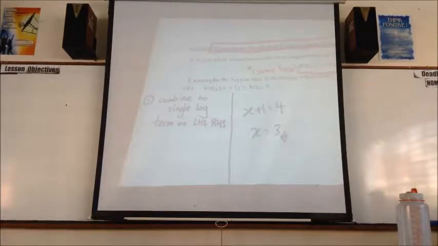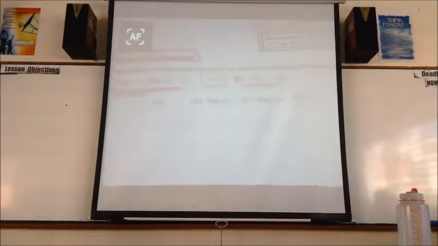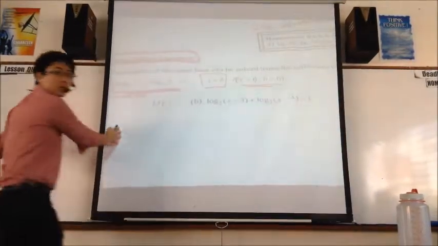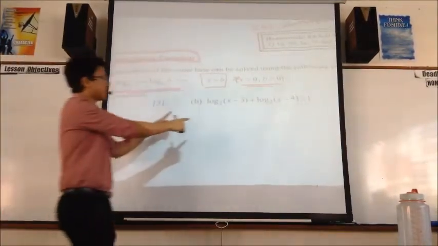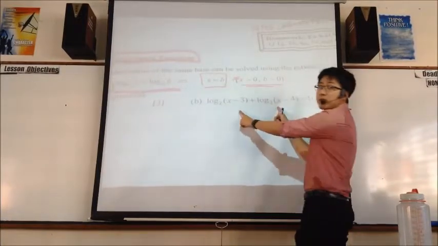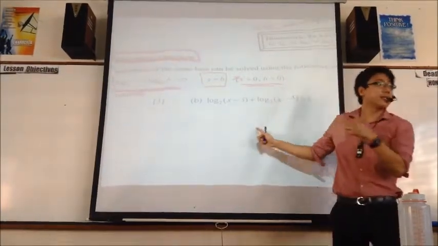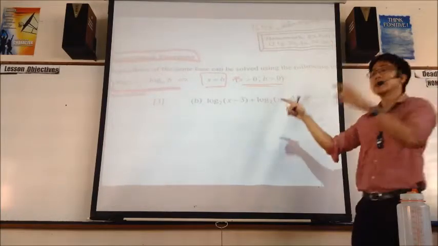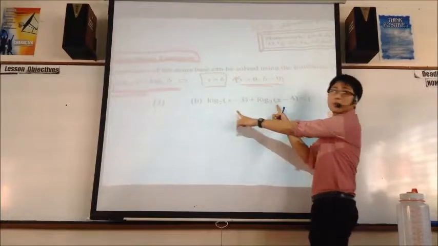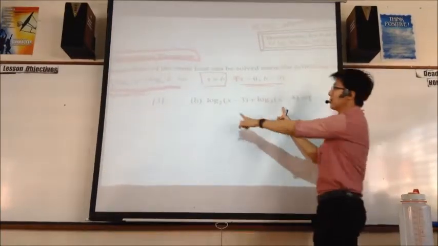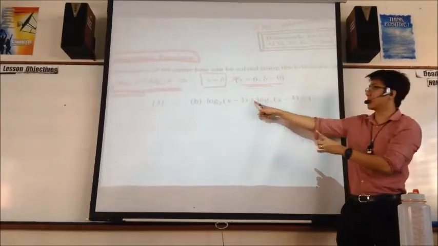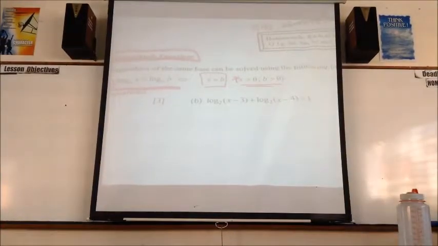So let's try the second one. What is the first thing? What is the thing that I wrote at the side here? Combine into a single log. How many logs do I have here? 2. In the exam hall, this is a 4 or 5 mark question, it's one grade, that big. So this is 2 terms. How do I combine to one term? Times. Product or quotient? Product, because it's a plus, right? So the next statement will be